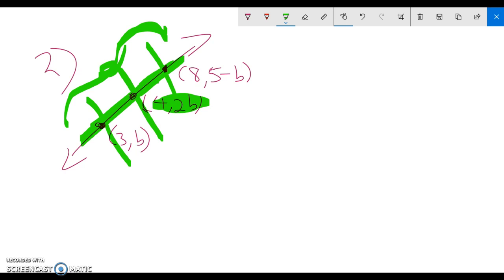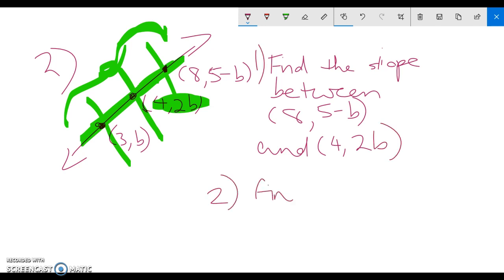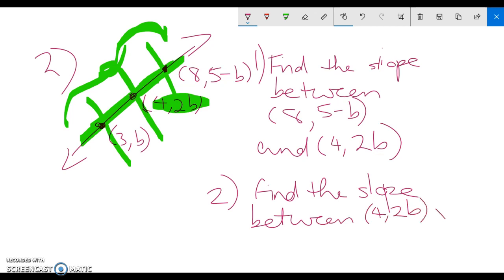So what you can do is find the slope between (8, 5) take b and (4, 2b), and find the slope between (4, 2b) and (3b). And finally,